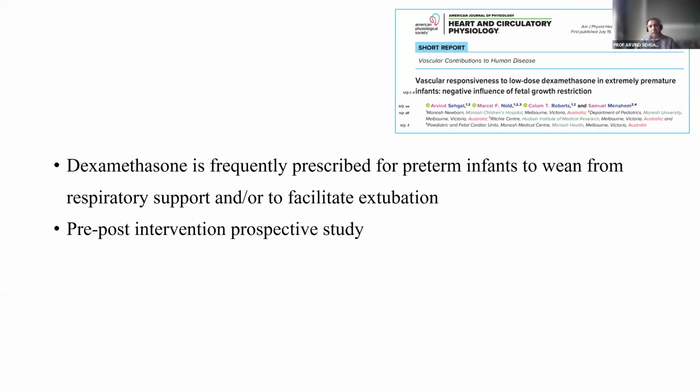This is a very recent work which came online just 2 days back. And we also wanted to see whether there are changes which tend to persist. So this is a cohort which has been given a dexamethasone as a DART regimen at about 4 to 5 weeks of life in terms of their chronic lung disease severity. So this is different from day 1 of life surfactant. This is day about 28 to 35, where we're giving dexamethasone, clinically indicated, decided by the medical team, and just